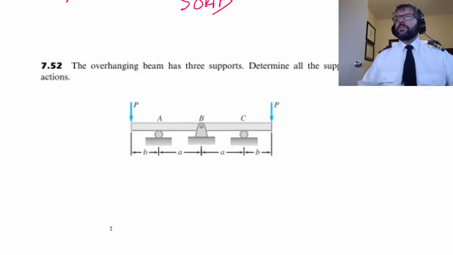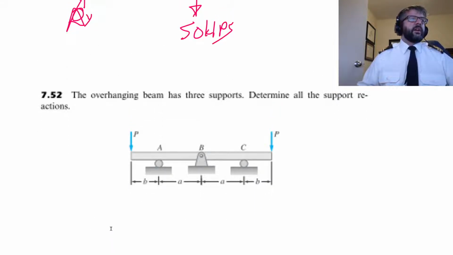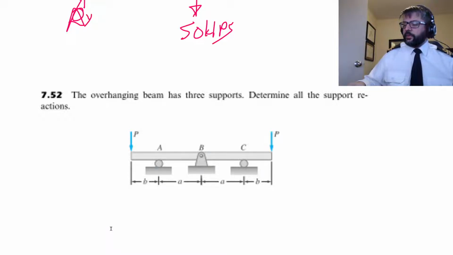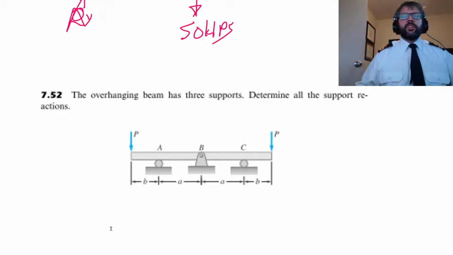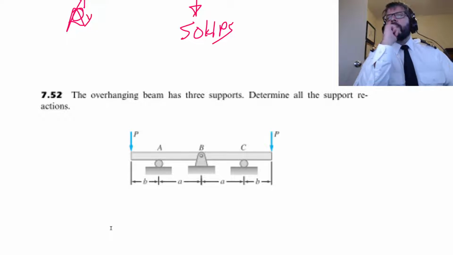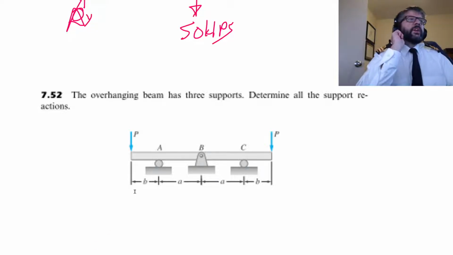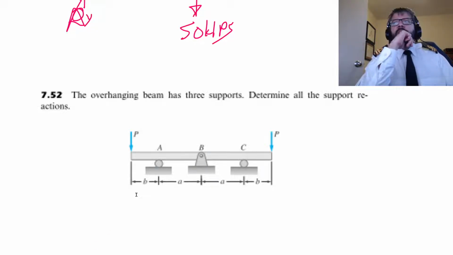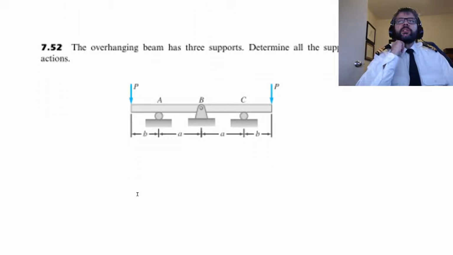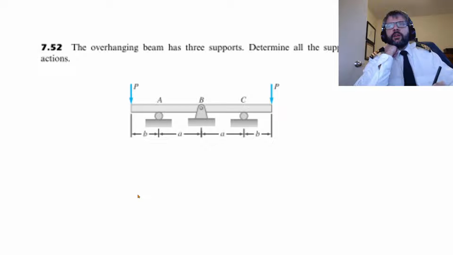So I'm going to go ahead and do this problem to kind of hammer home the example here. So got an overhanging beam with 3 supports. Determine all the support reactions. So like I had said earlier, the easiest way to model this,